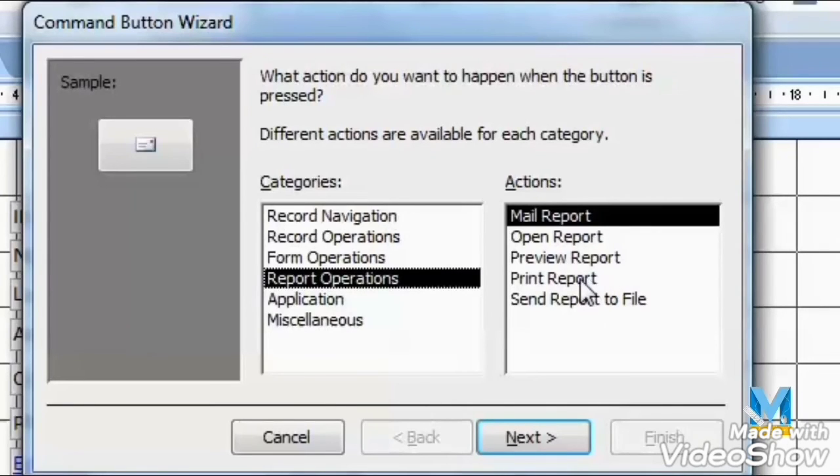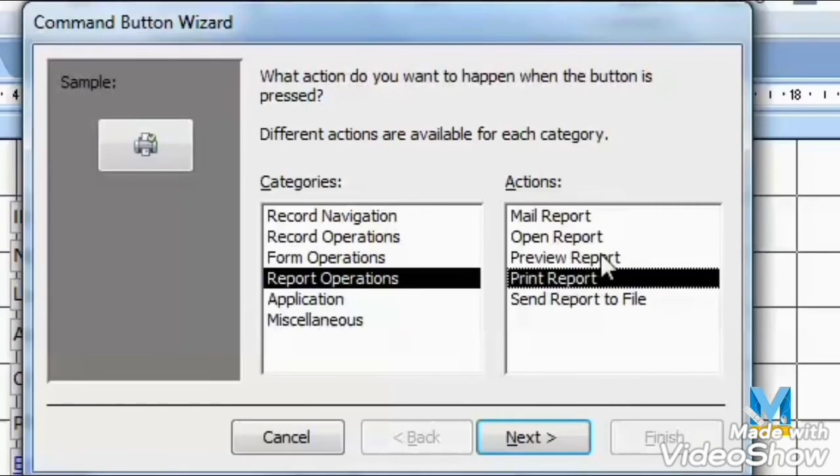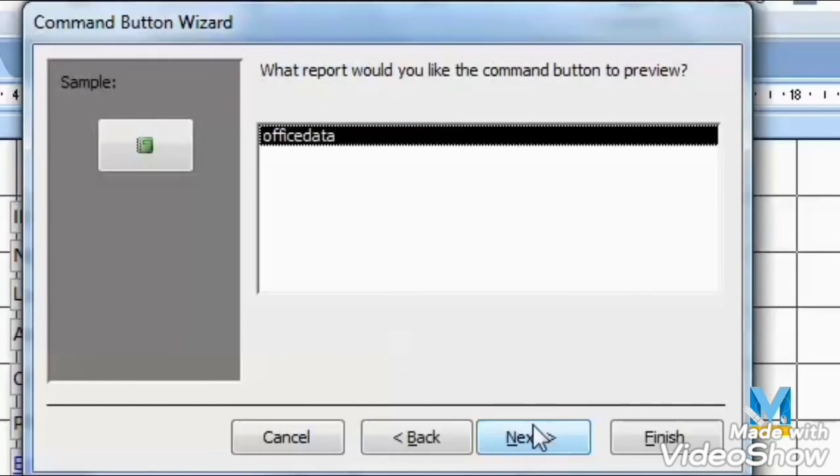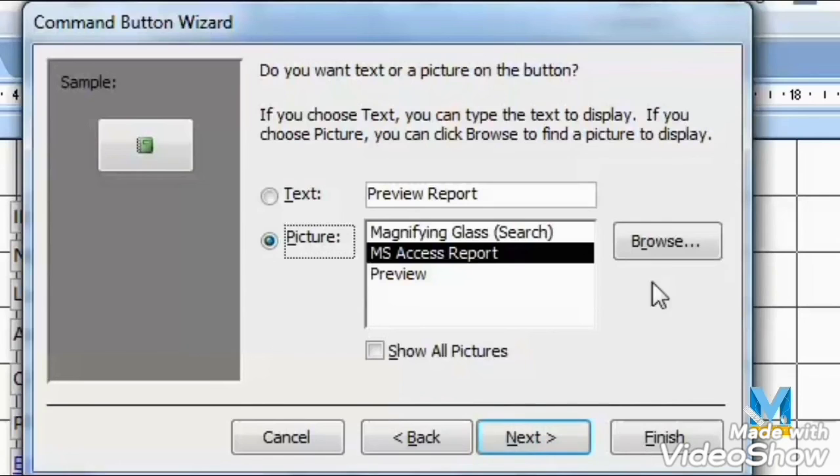See here, on the table also, I will open that table in design view. I will do some changes because I want one report button. That's the reason I will take one button from the menu, command button wizard.